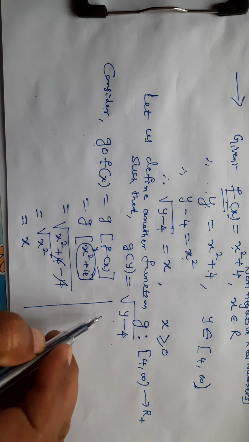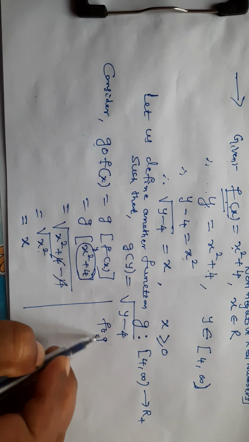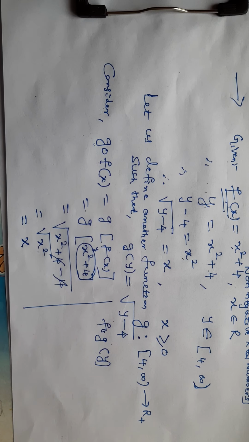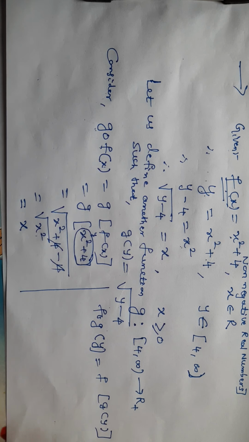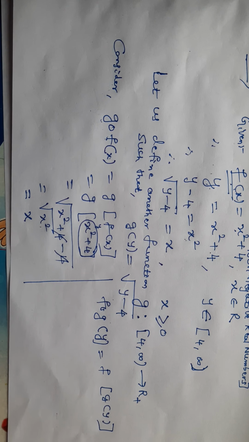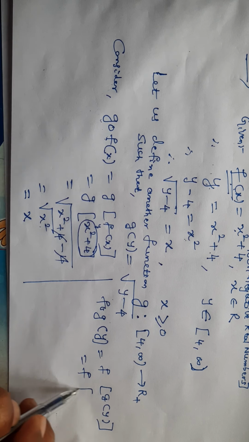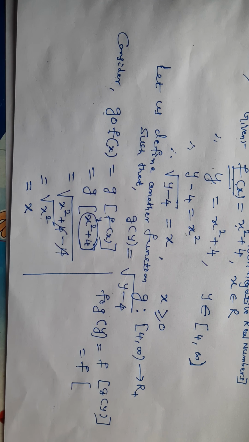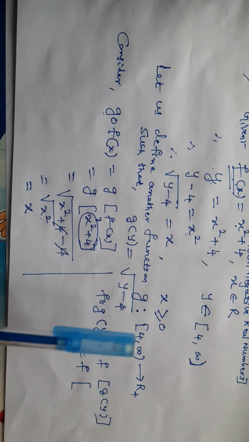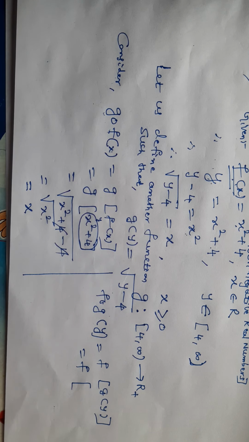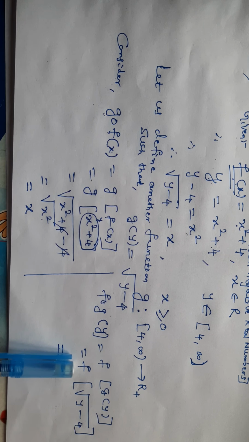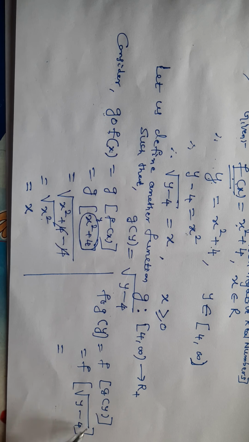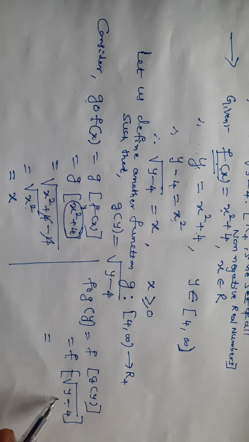So this is over. Now let us consider f of g of, say, y. Then it will be f of g of y. So I can substitute here f of, what is g of y? Here, g of y is square root of y minus 4. So you can write this square root of y minus 4. Now f is outside the bracket, so we can think of this as x. So it looks like f of x. So where is f of x?